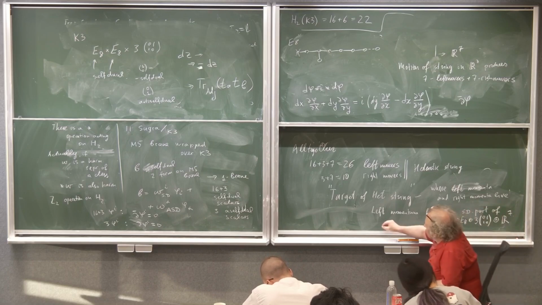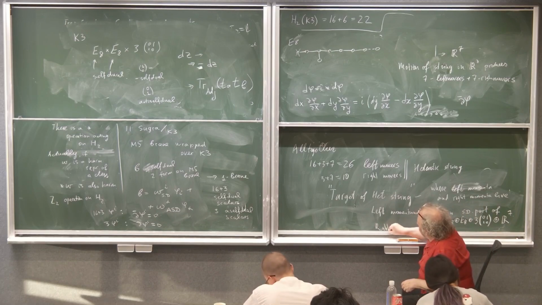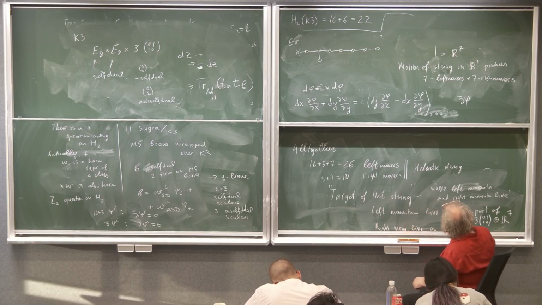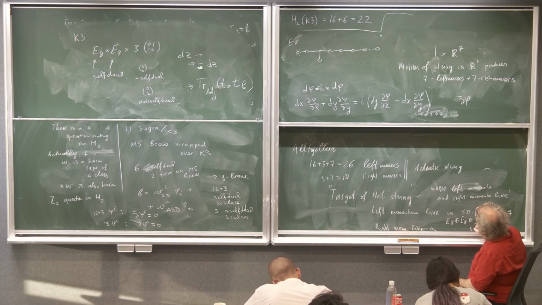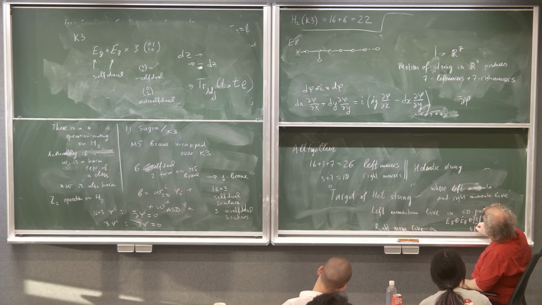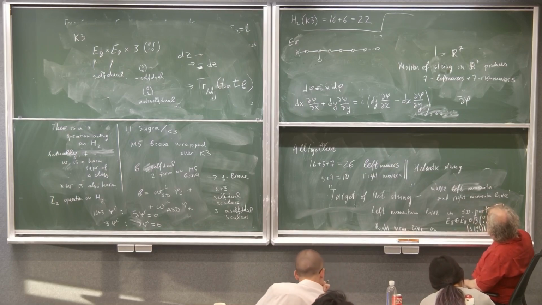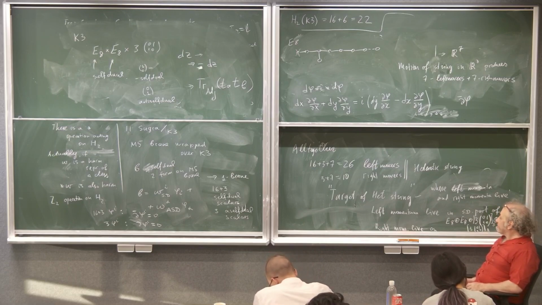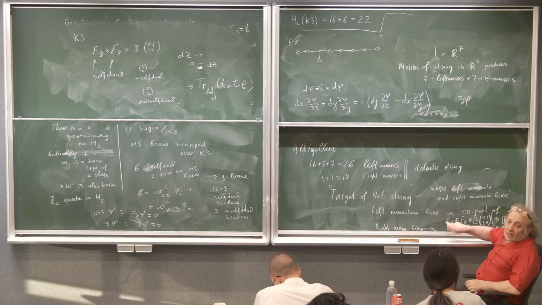And right momentum lives in, I call here, the anti-self-dual part. Now, what is important? If momentum lives in the lattice,